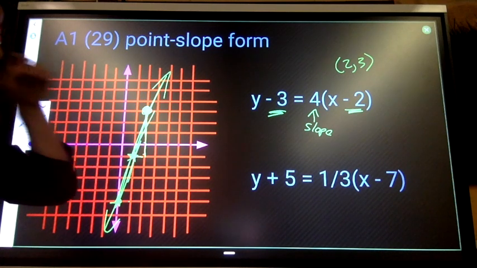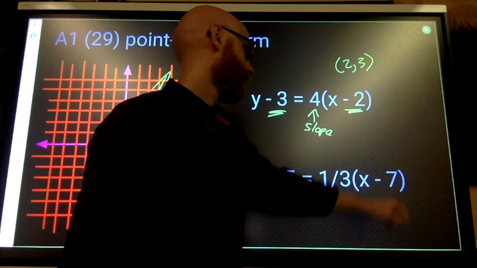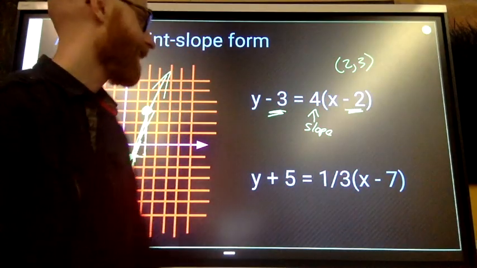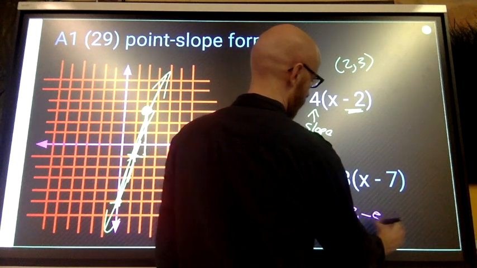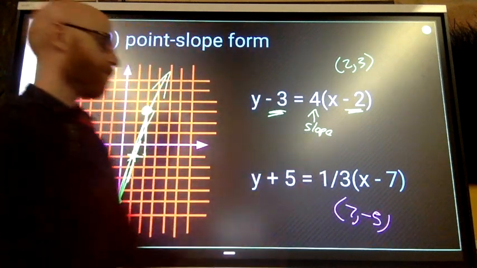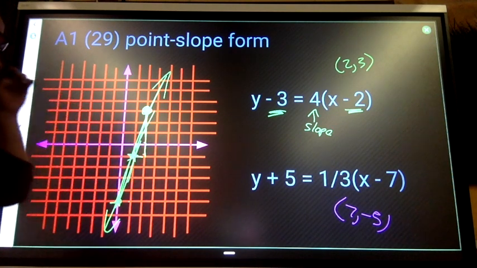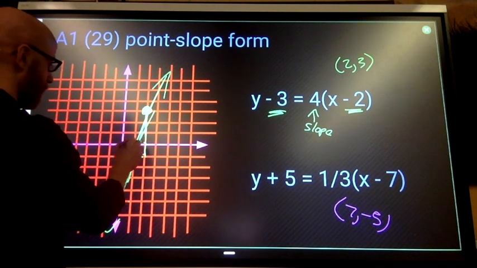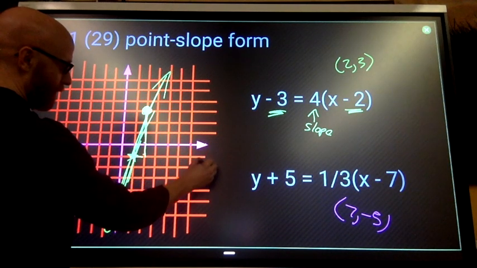All right, bottom equation, x is 7, y is negative 5. 7, negative 5. That's a point that will fulfill this. All right, so we got forward 7, down 5,